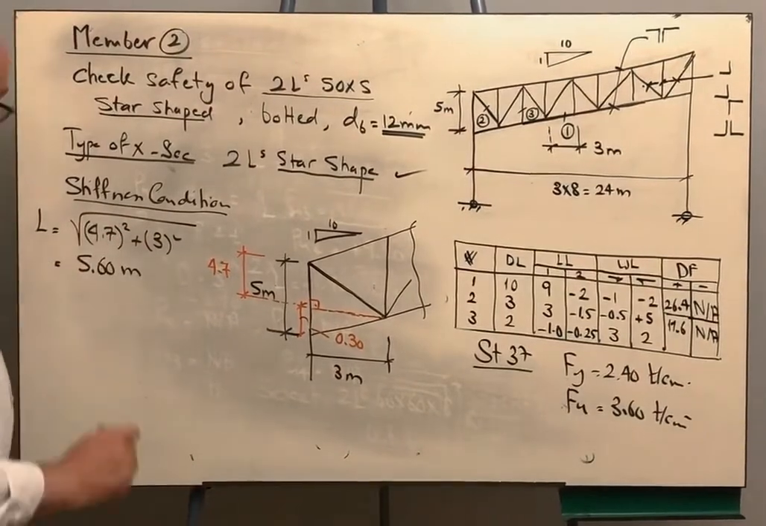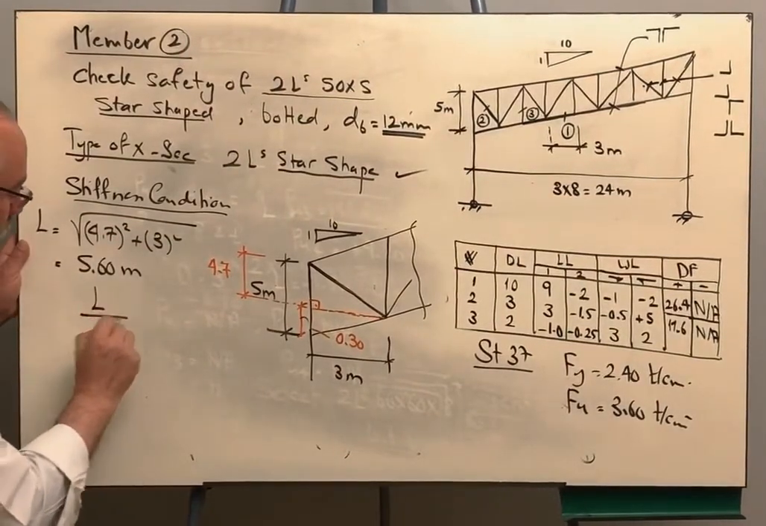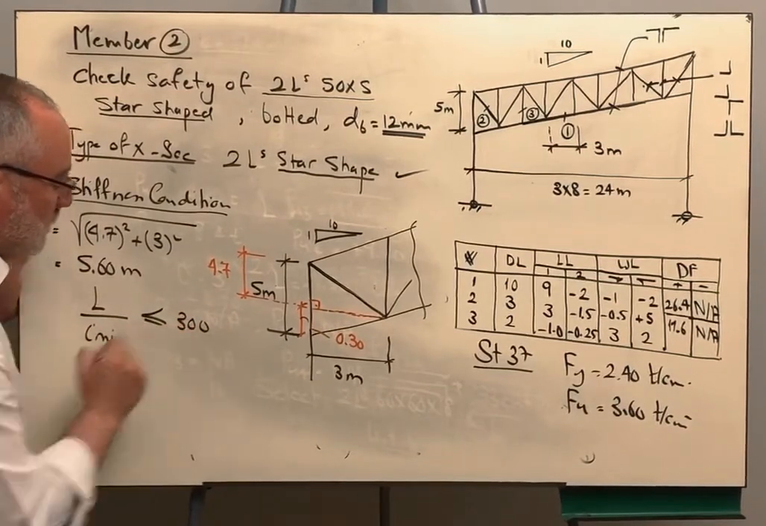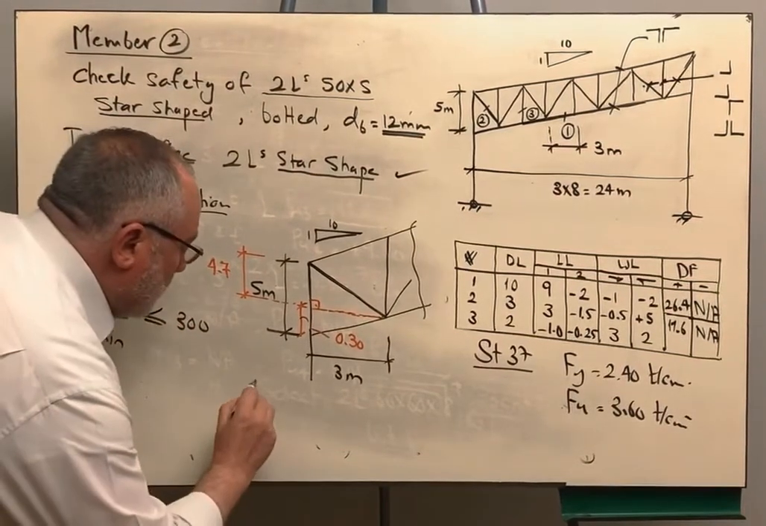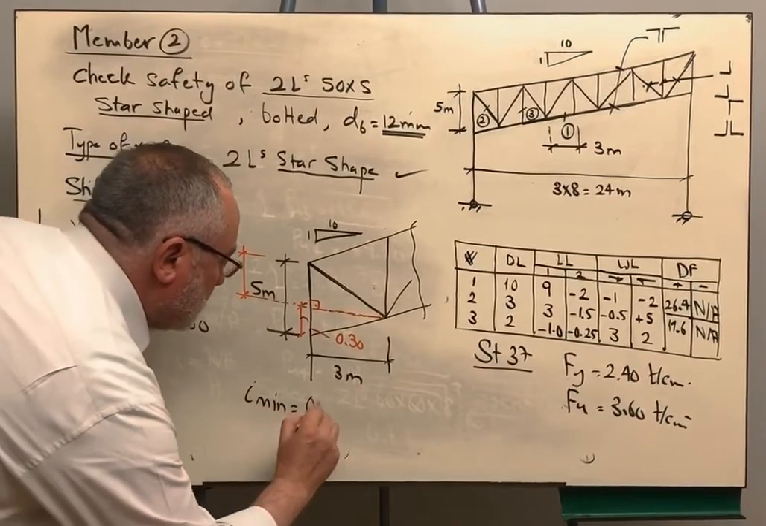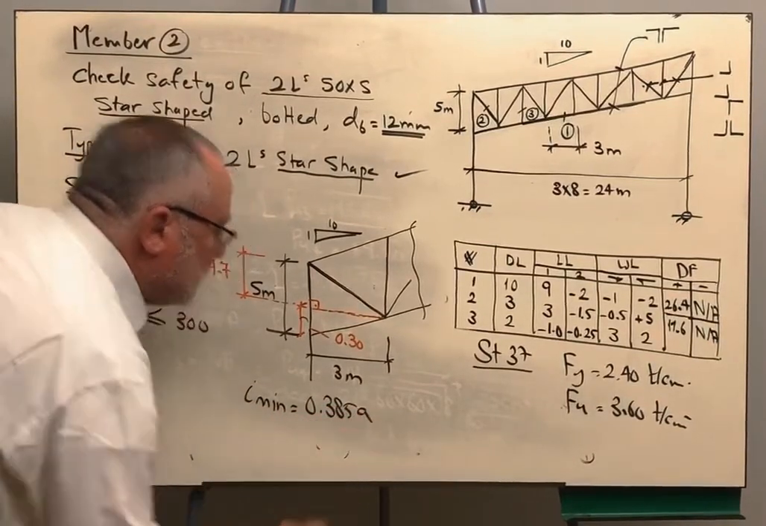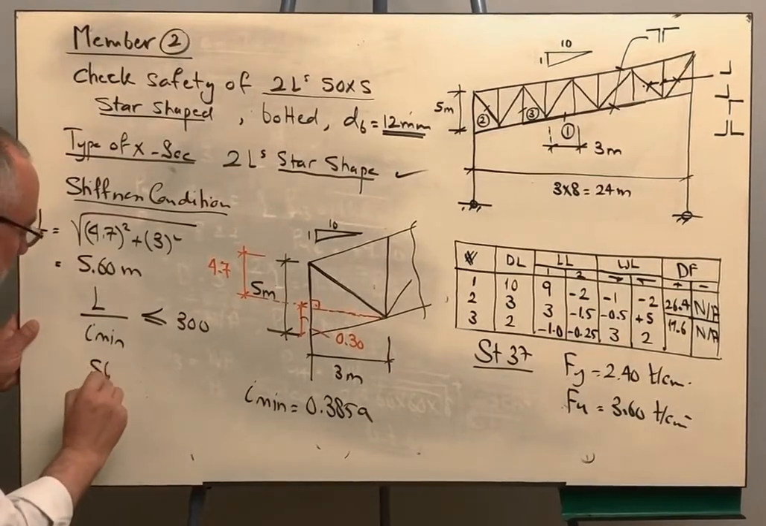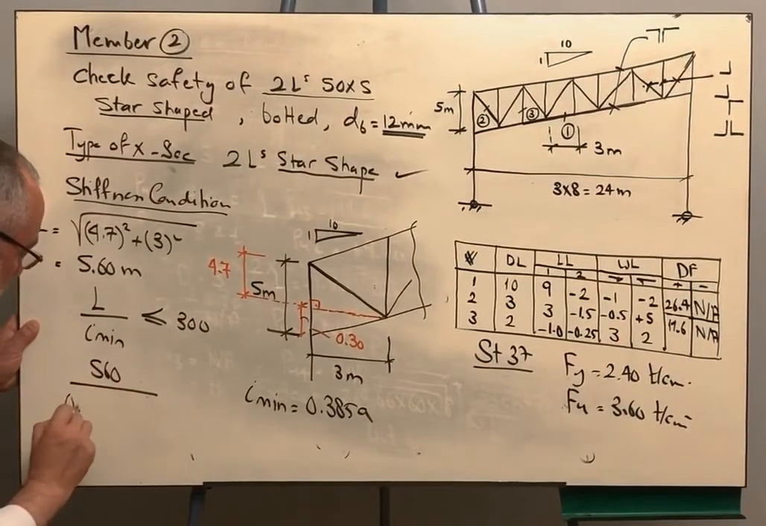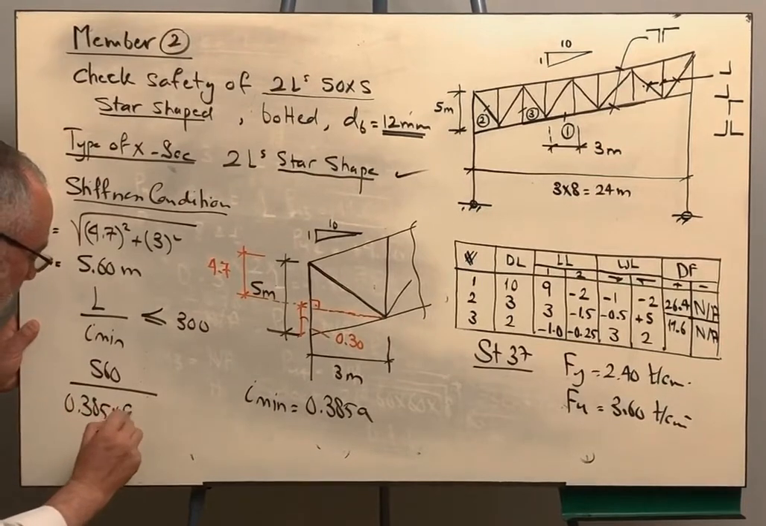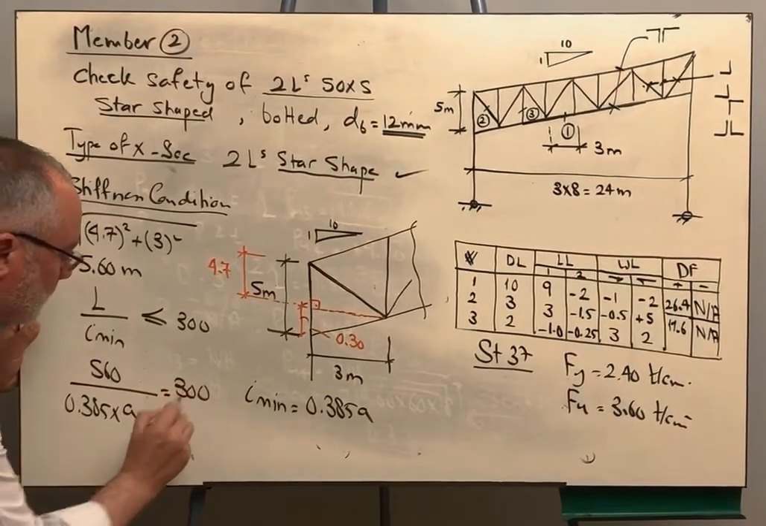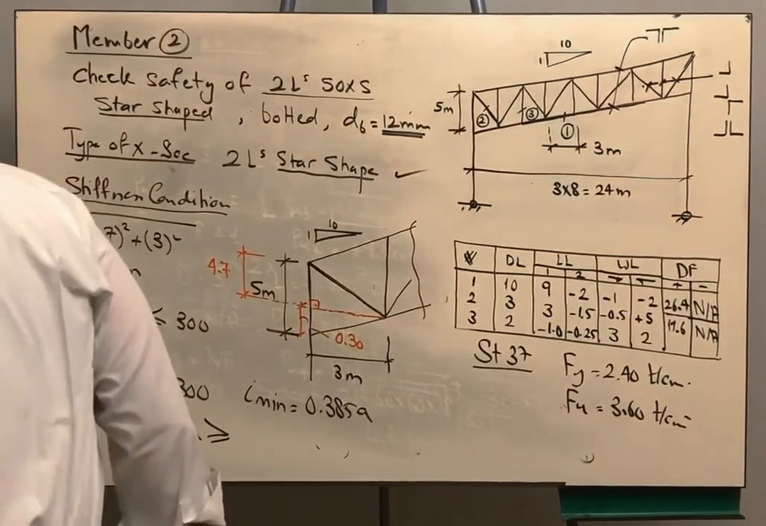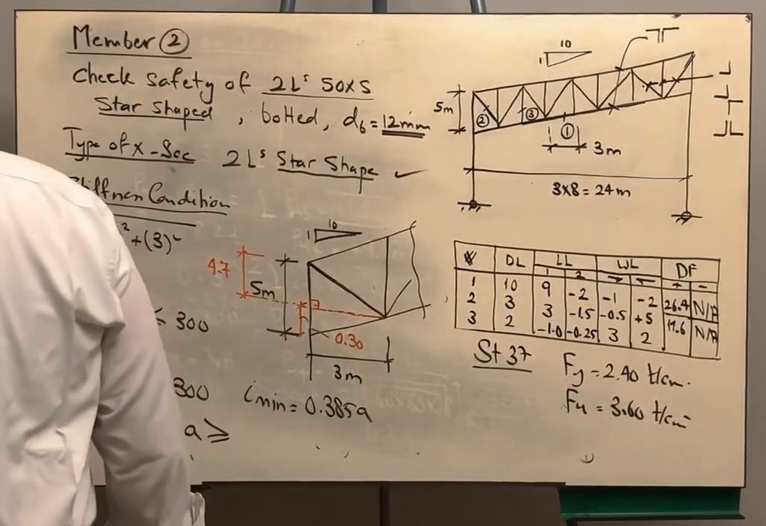For the stiffness condition, we are having L over I minimum should be less or equal to 300. The value of I minimum for the two angle star shape is 0.385 of A. Therefore we are having 560 over 0.385 multiplied by A, this is 300. From there, the value of A should be bigger or equal to